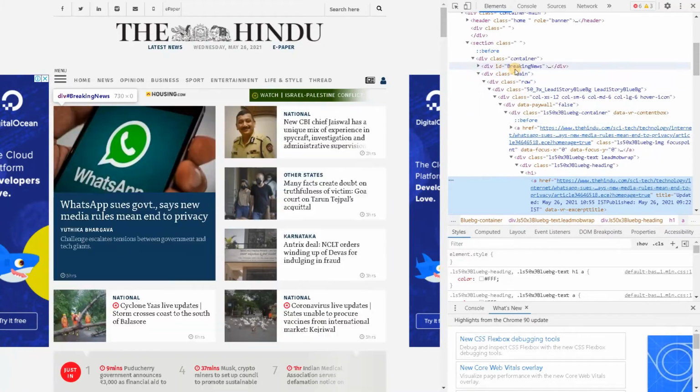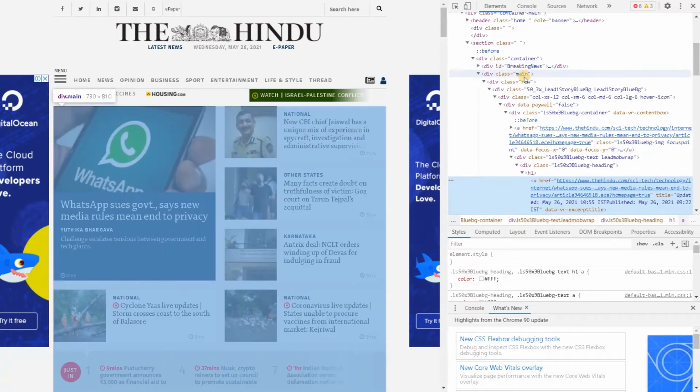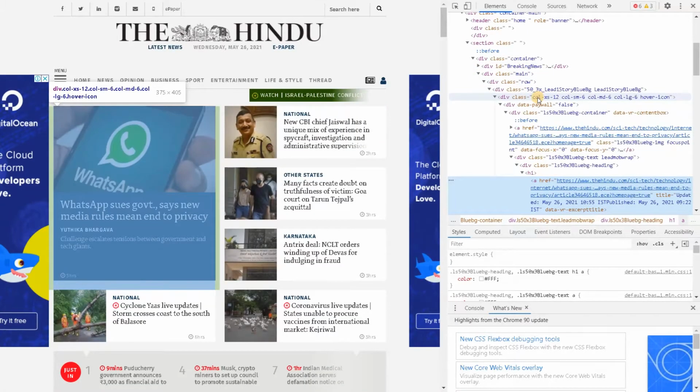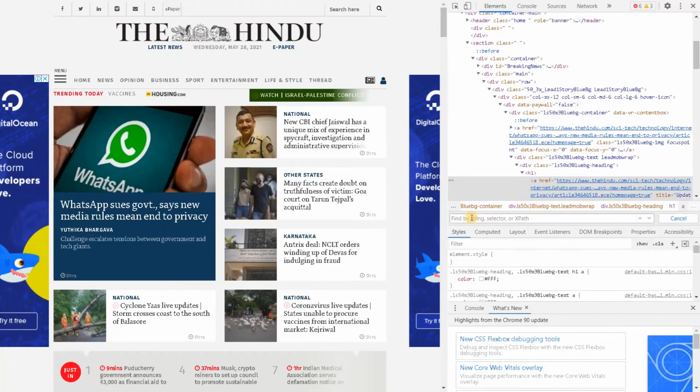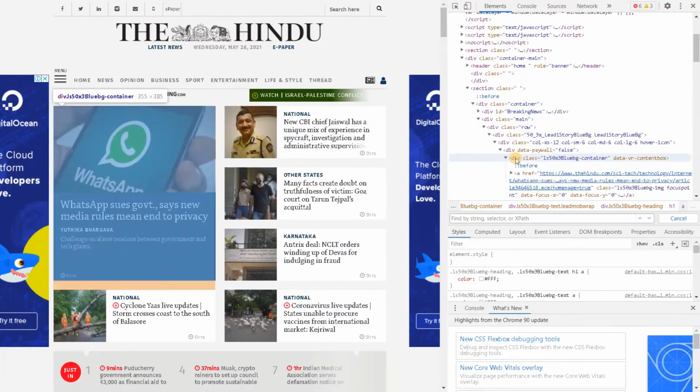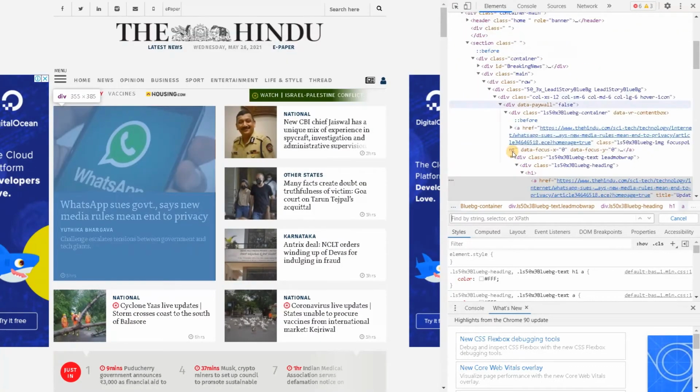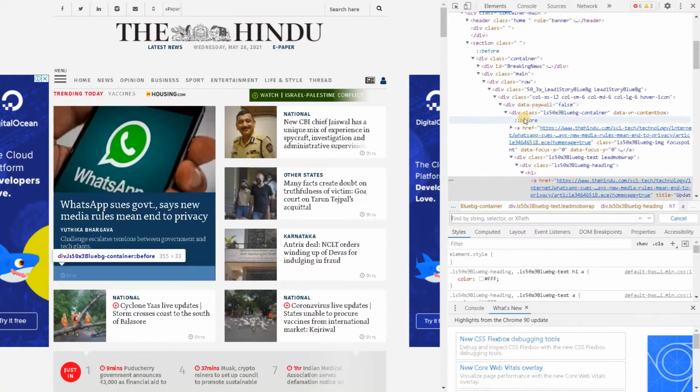To find a particular element in the whole page source, you can just press Control F. Using this, you can find a particular string, selector, or XPath. These three things we can use to find a particular element in the whole web page. These are all HTML tags, and also we have some JavaScript, which we will see in detail.